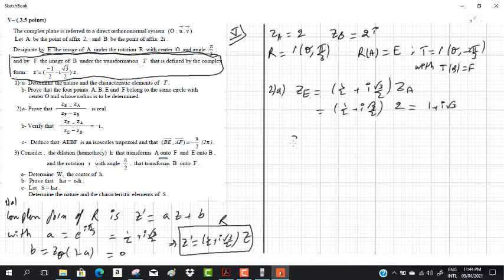This is ZE. ZF equal, in the complex form of T,